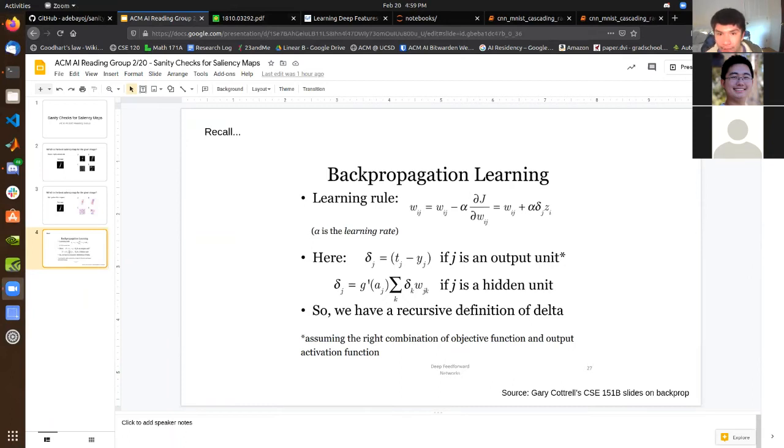Yeah, so after the paper got published about how those saliency methods are basically useless, has there been any new saliency methods already, or are they still under development? That's a good question. I'm not sure about the saliency methods, but in terms of the goal of explaining neural networks or interpreting them